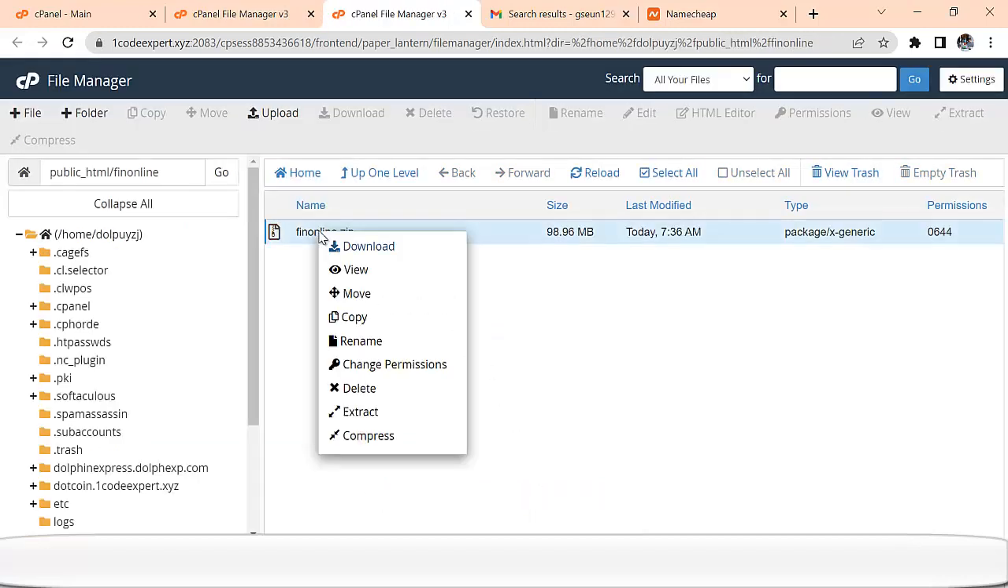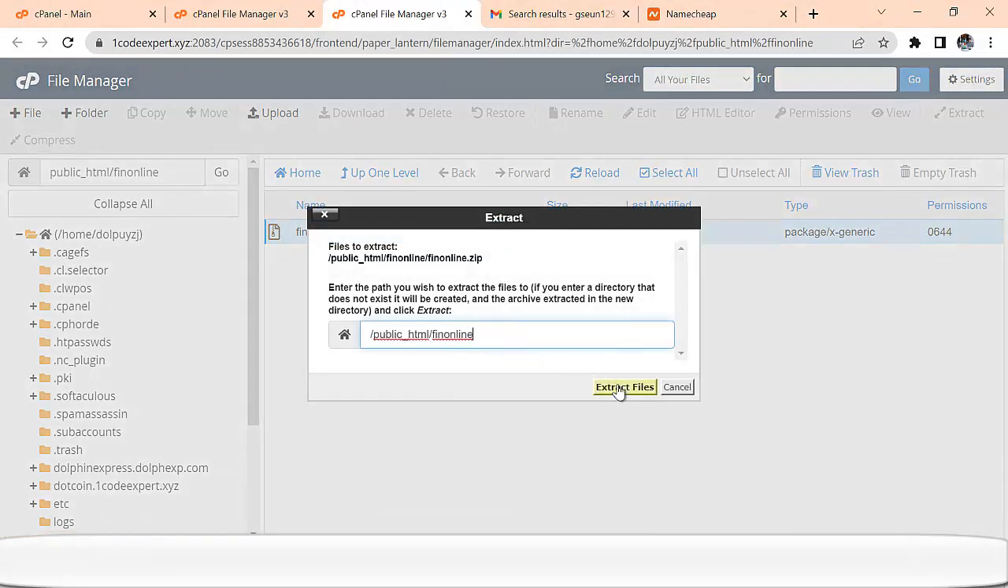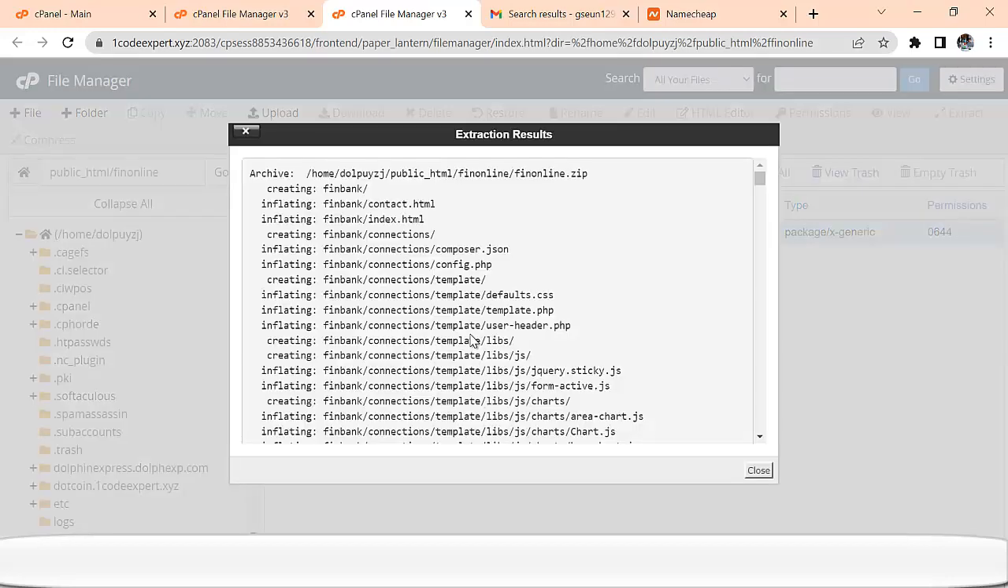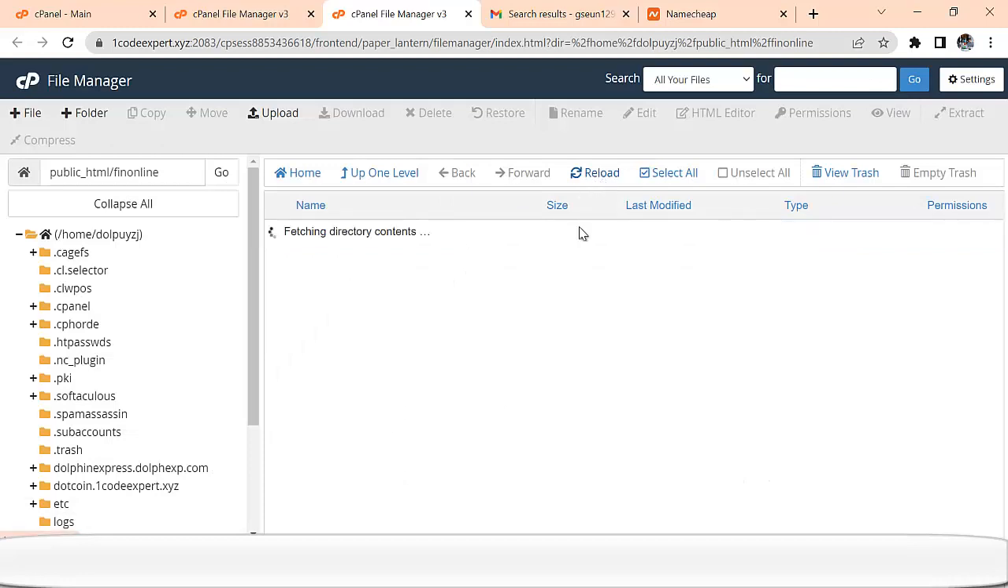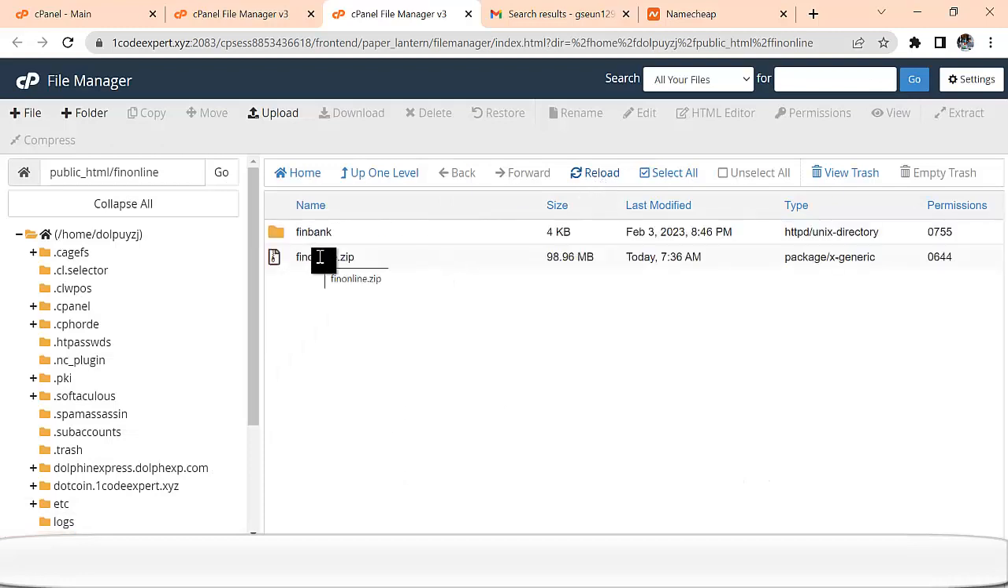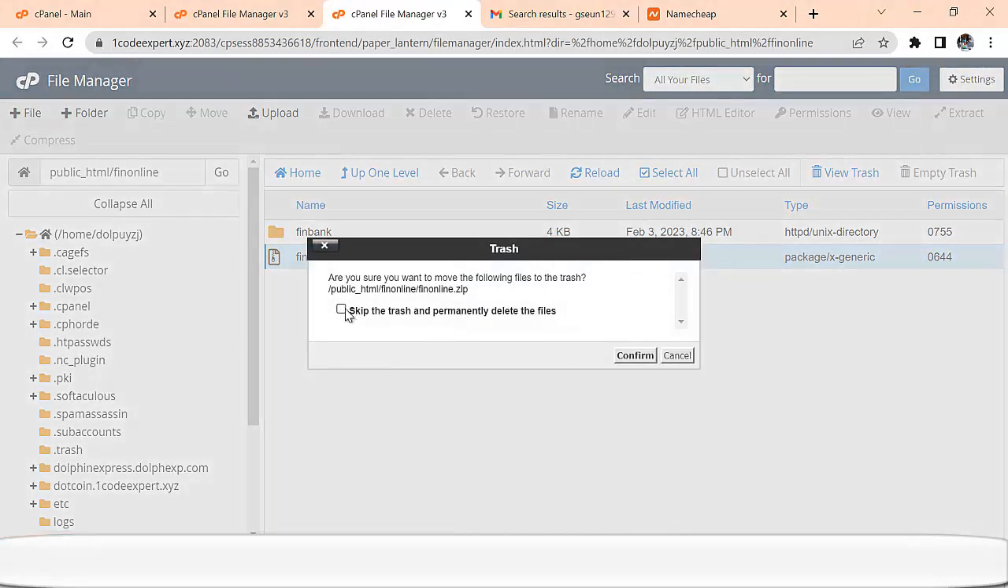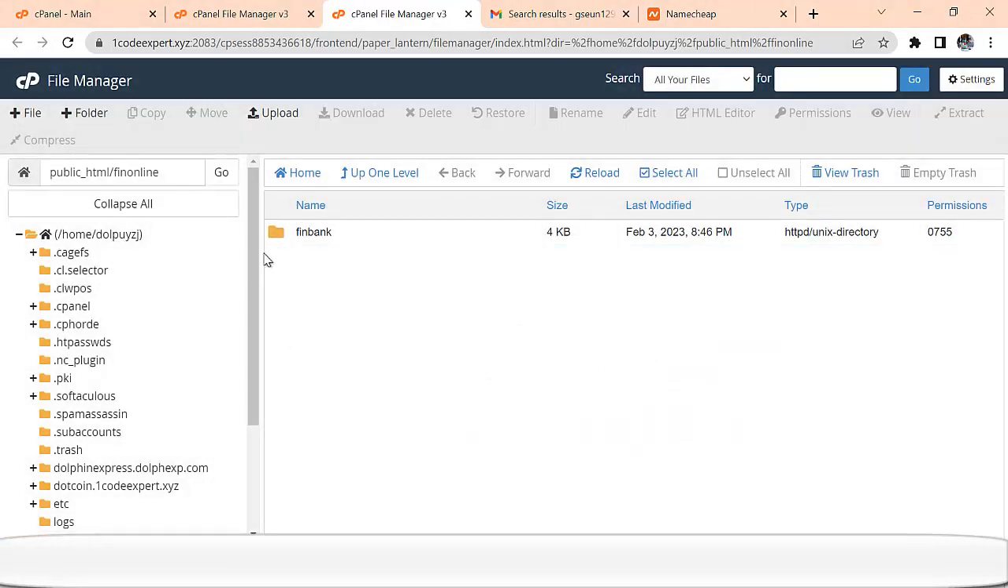So just right click, and you click on extract. Then you click on extract files. So you right click, you click on extract, then extract files, then you click on close. So just reload this, you're going to see that right here. Cool, right? So this, we don't need it anymore, we just delete it. You can delete that from your